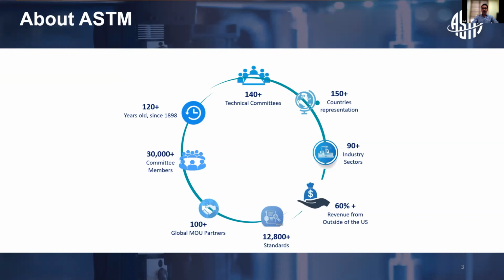And we have published more than 12,800 standards, again, across different industry sectors, and have MOUs with more than 100 national standard development organizations in various countries. So this is a brief overview about ASTM,